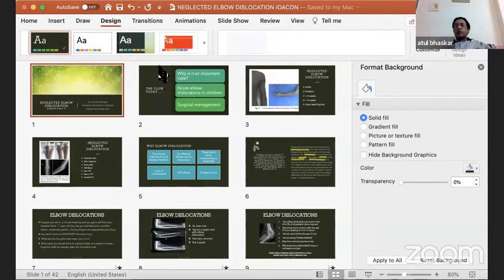So, suppose you get a child who has had a transphyseal injury and presents late. It's an unusual child who has had a transphyseal injury as a neonate and comes by age 4 or 5 sometimes. How do you differentiate that from an elbow dislocation? Are there any pointers between a transphyseal injury and an elbow dislocation?